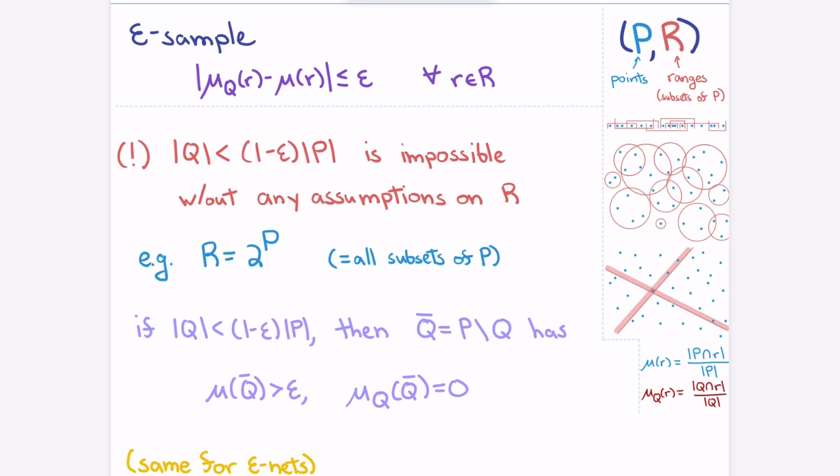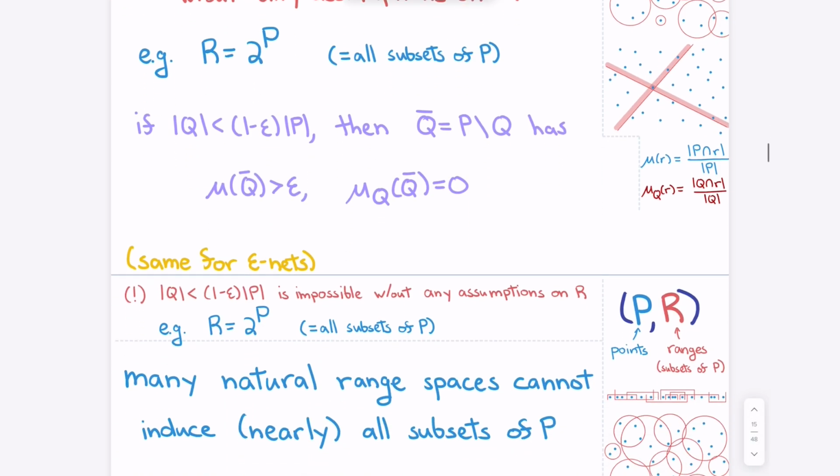If the ranges include all possible subsets of your points, then we can just make a range with whatever points you left out, right? If you're leaving out more than 10% of the points, then you'll be off by more than 10%. So if you don't have any structure on the ranges, you really can't subsample down and hope to preserve every single set in any meaningful way. So that's why we start looking at